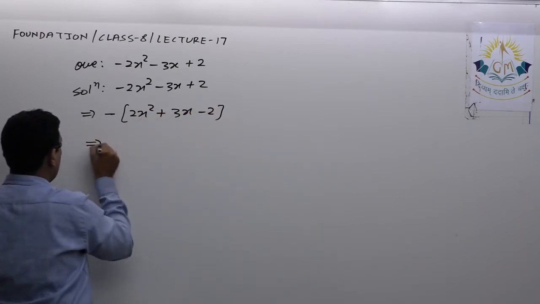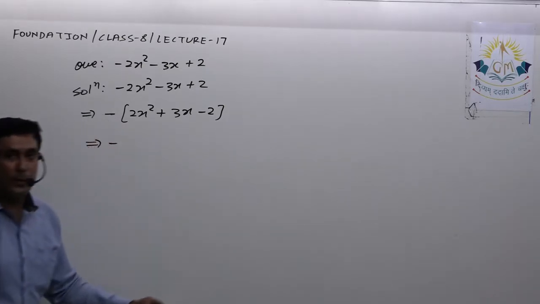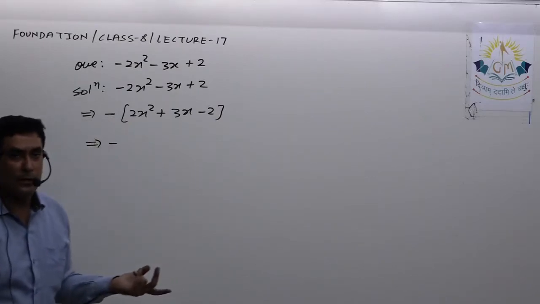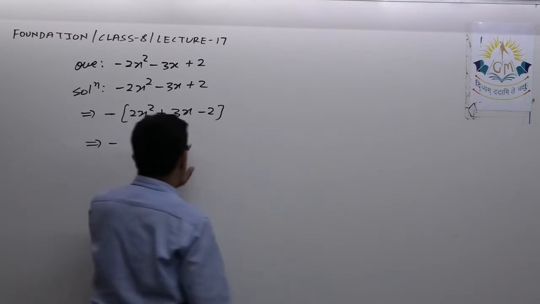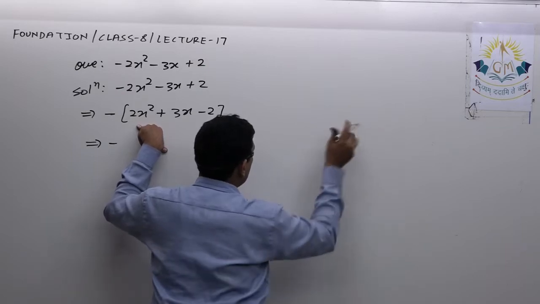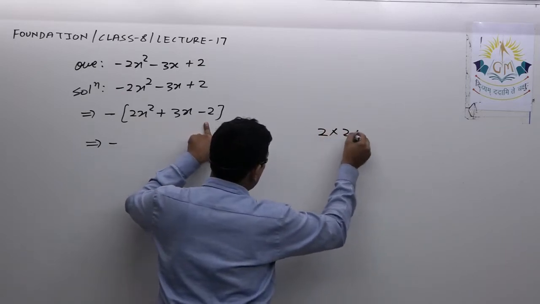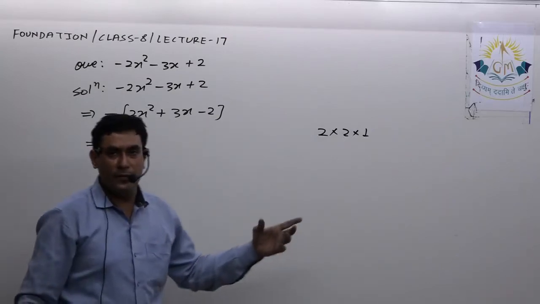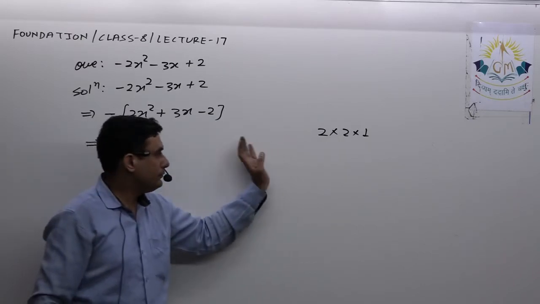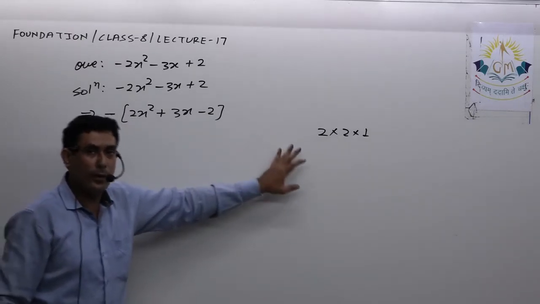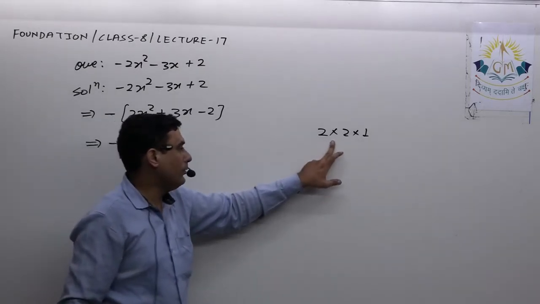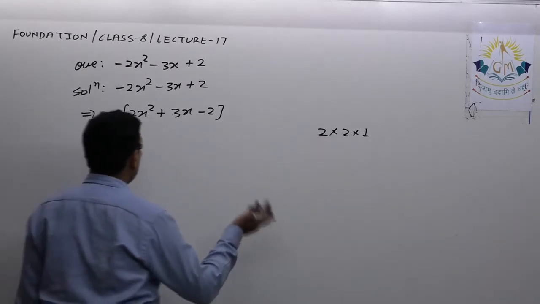Now next I have to find the factors of a multiplied by c. As I told you earlier, from now onwards I won't multiply, rather I will find the factors separately. So factors of 2 are 2 and 1, and factors of 2 again 2 and 1. So I write 1 one time. So these are the factors. You can also see 2 into 2 is 4. It's a smaller quantity, we can cross verify as well, but it is actually not required to cross verify if you are finding the factors of these two correctly. So factors are 4 and 1, 2 into 2 into 1.